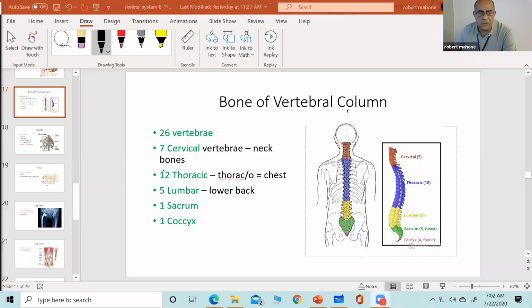Get into the rest of the skeletal system. We left off yesterday with the vertebrae, and you see there are no questions in there, not a whole lot to write down. But when we talked about those three abnormal curves of the spinal column, we also discussed